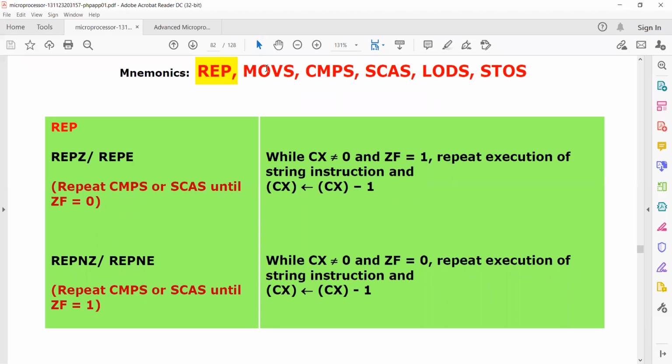REP means repeat on zero, or repeat on empty, E meaning empty. The next format is repeat on non-zero, or repeat on non-empty.